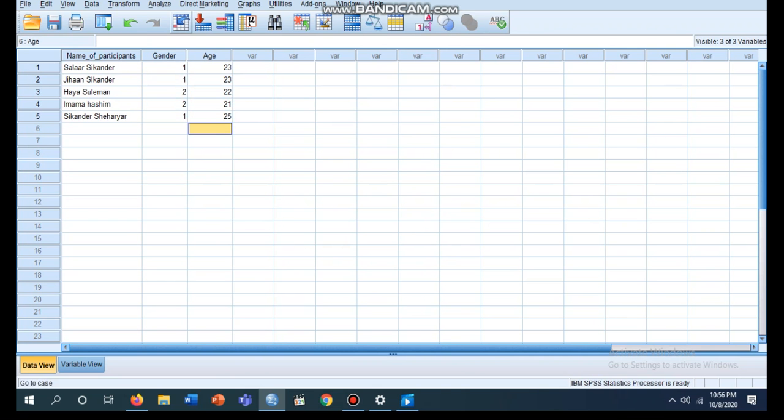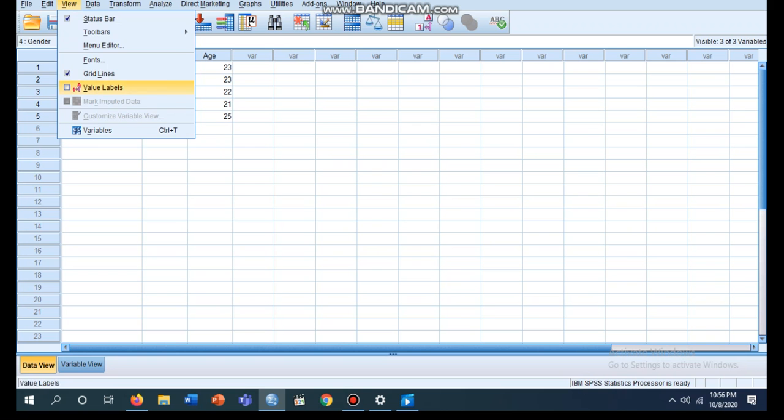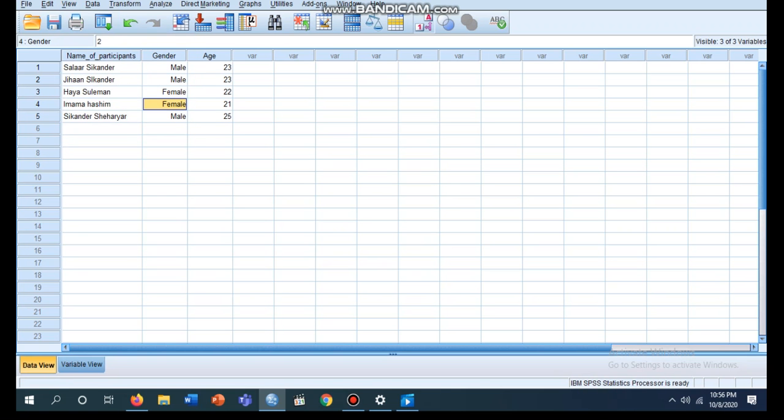As you can see, I entered the gender as ones and twos. In order to view them, I can click the value label button, which is right here. When I click that, I can see the male and female labels. I can also do this by going to view and selecting value labels.